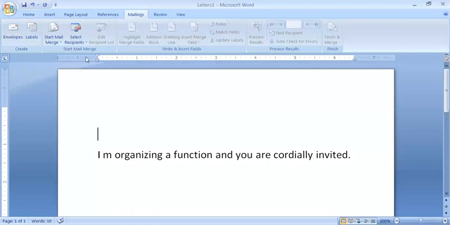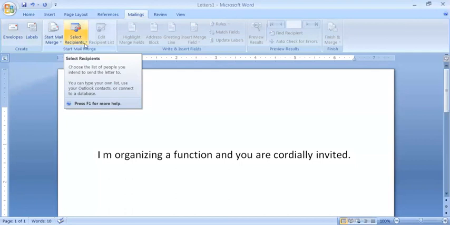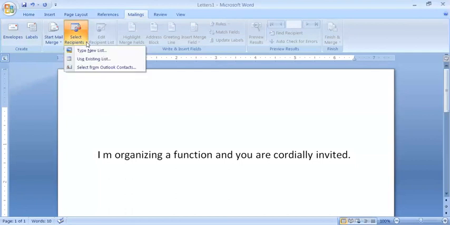Now moving forward, the next option is Select Recipients. In the Select Recipients option, you will get three options: Type a New List, Use an Existing List, and Choose from Outlook Contacts. This is very simple. When you have to send an invitation to some people, you will have to write a list, meaning write the name of the recipient and their address. It should be stored in the computer in a computerized format. If there is some existing list, you can use it also. If there is no existing list, you can type your new list. So I am going to type a new list.